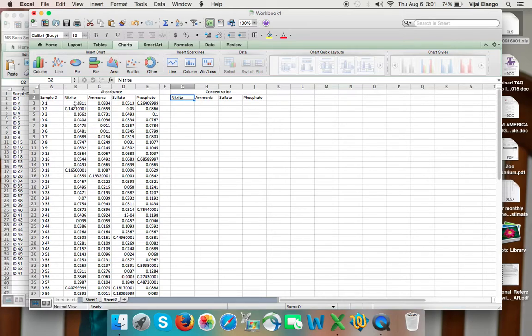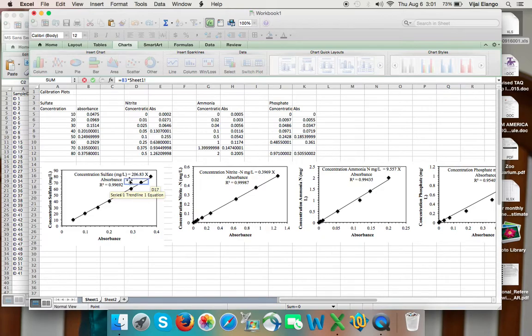So to convert nitrite absorbance to concentration of nitrite as nitrogen milligrams per liter, ammonia as nitrogen milligrams per liter, sulfate milligrams per liter and phosphate milligrams per liter. So how do we convert nitrite absorbance to concentration? Equal to, select the data, multiply it by whatever slope you have for nitrite, which is 0.3969 from this plot. So I'm going to go back,